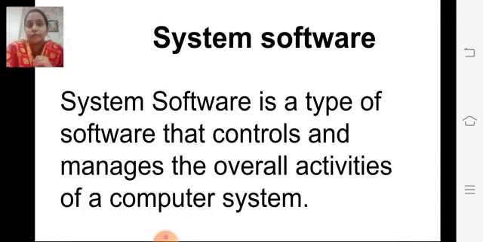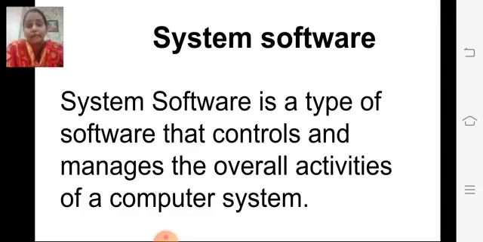See children, when you start the computer, listen to me carefully. When you start the computer, we get one message on the screen. What is that message we get on the screen? Can you tell me? When we start the computer, we get one message.